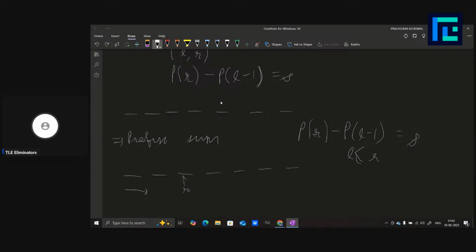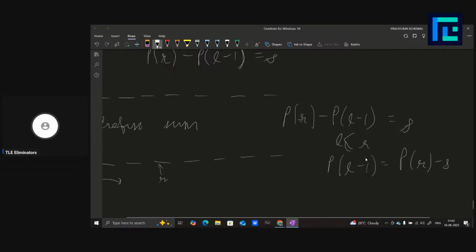Since you know p of r and since you know s, you can simply see that p of l minus 1 equals p of r minus s, right? So you want the number of indices for which the prefix sum is equal to this value,